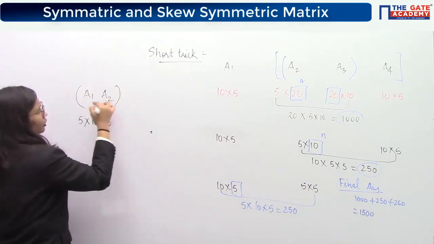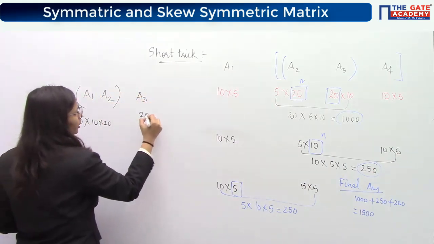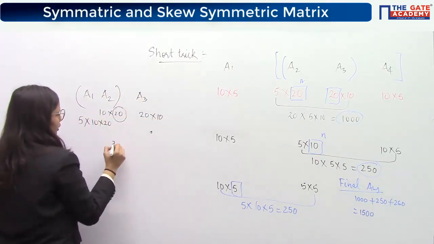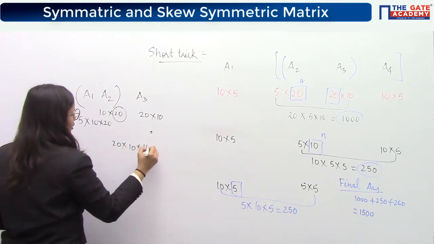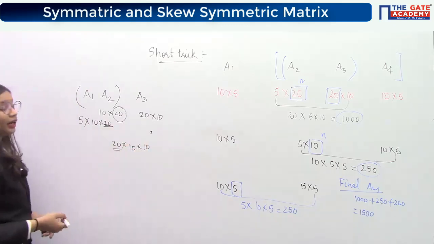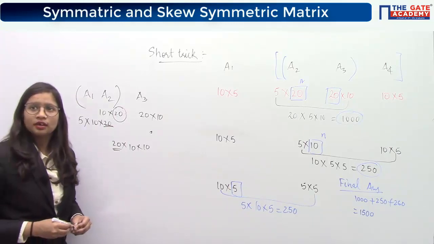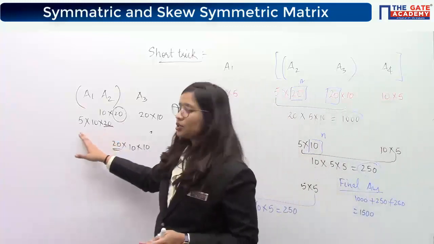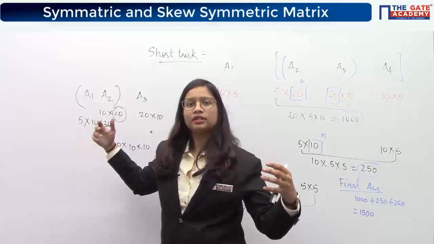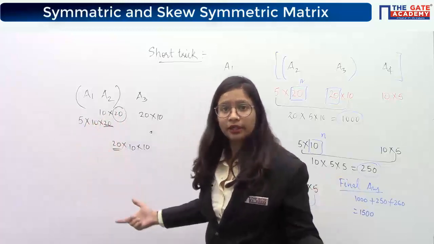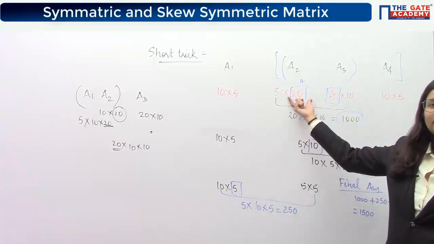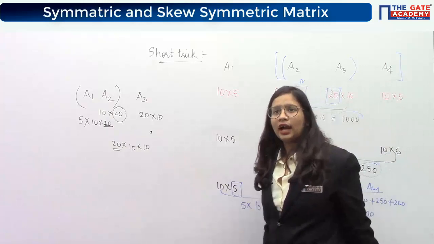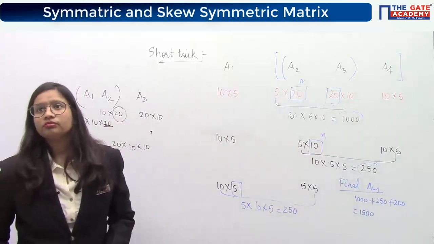And now if to this product you multiply a3, which has an order of 20 cross 10, and this a1 a2 has an order of 10 cross 20, then again this 20 will come into calculations like this. So this 20 and this 20, again and again it is coming into your calculations. Are you able to understand? If you are not taking the maximum one, then it will come into the calculation again and again, and it will continuously keep on increasing your number of multiplications, which can be reduced if you just consider your 20 to be n. Now this 20 will not repeat in the number of multiplications like in this case. Okay, that's why we are choosing the maximum one.